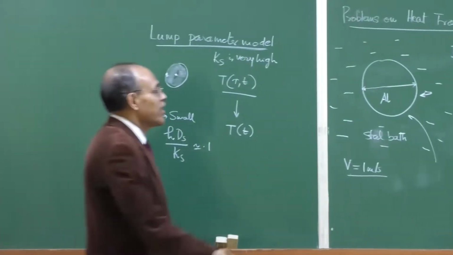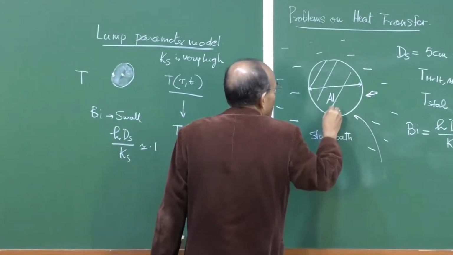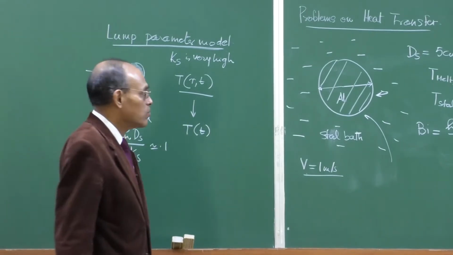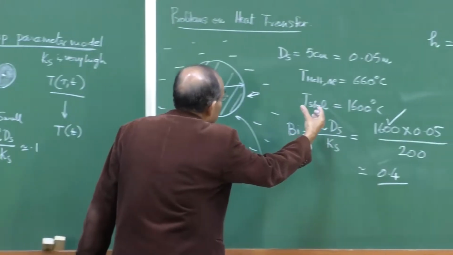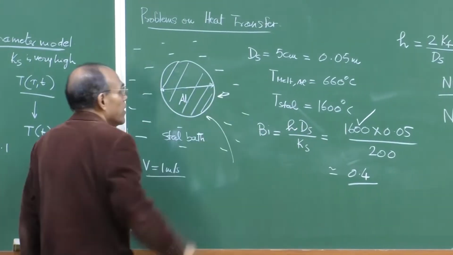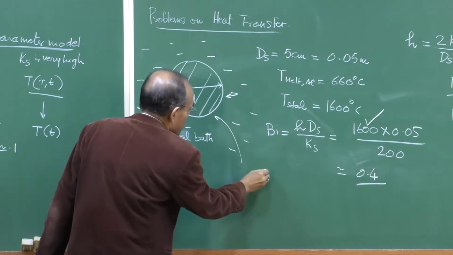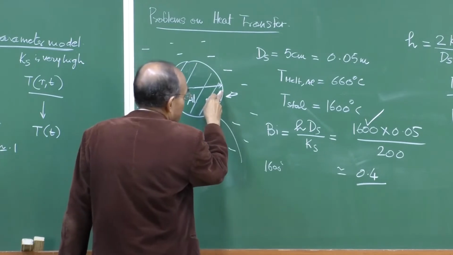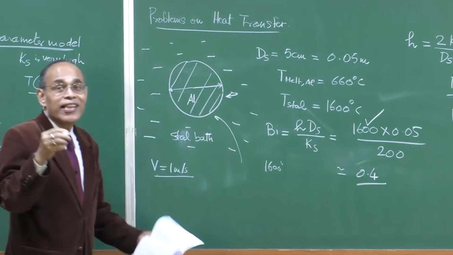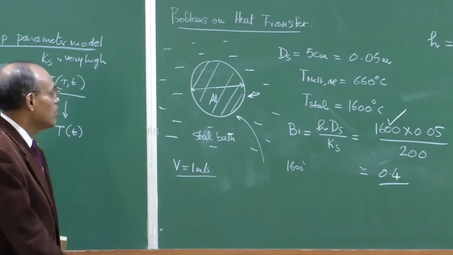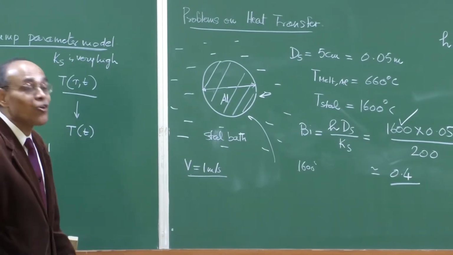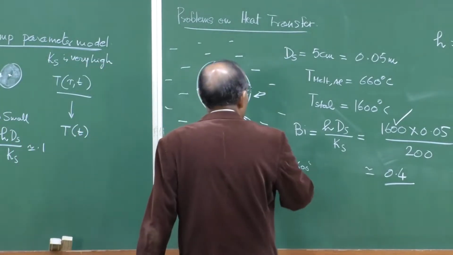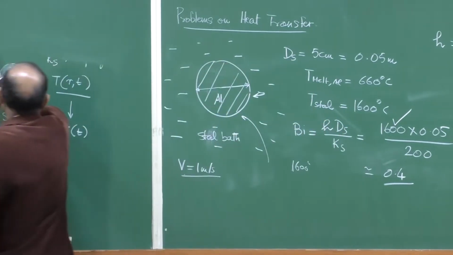So, we can consider that there is no temperature gradient within the solid. Under that condition, whatever heat is transported into the solid from the liquid, because there is a temperature gradient, okay, it is 1600 degrees centigrade here, and the surface is at melting temperature. Okay. So, whatever heat is transported here, that heat is consumed, or is equivalent to the latent heat requirement for the melting process. So, if you know this concept, then we can write down the equation, okay, and the equation is going to be now